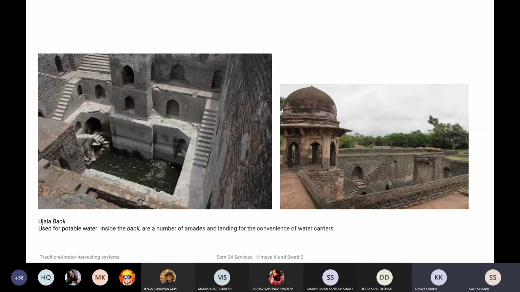So let's finish Mandu now. Basically, this Ujala Baoli is called Ujala because it's open, and this is what allows for the water to be carried, the portable water carrier, and then you have the series of steps which will allow you to come down to the water level, whatever it may be. It will rise and fall depending on the situation and the condition. So this one is being used for portable water. This is like a watchtower. At that point, whoever the guard was would probably be watching and seeing that everything's being taken care of correctly.